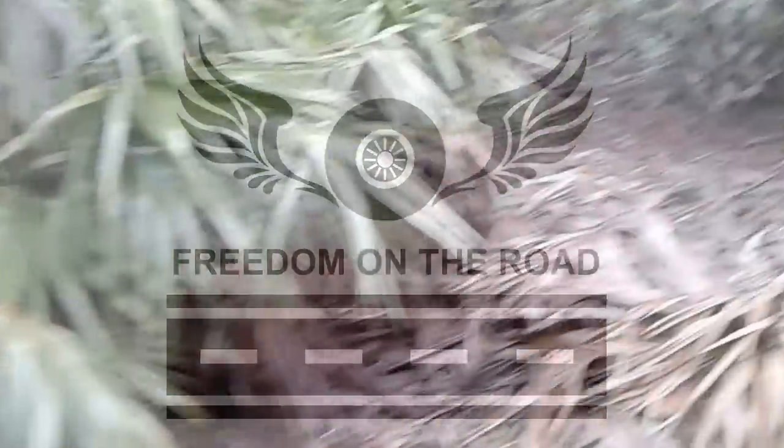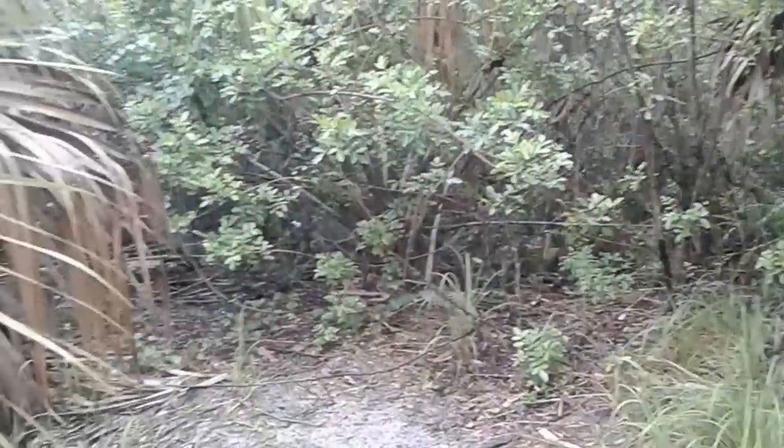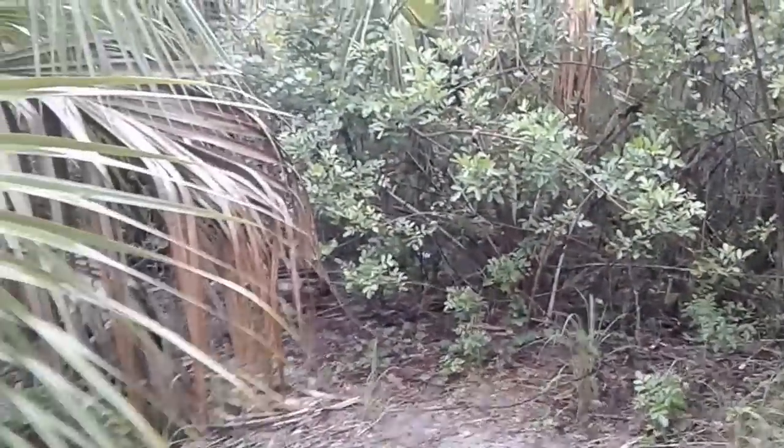I don't know if you recall, in a previous episode I was looking for a location for a secondary building that I'm going to try to put up out here. And I contemplated this section right here, the boneyard with all the bones here, to set up a second building, but I've decided that